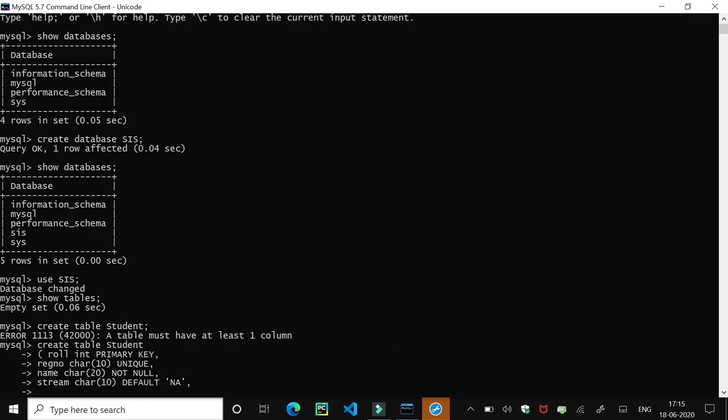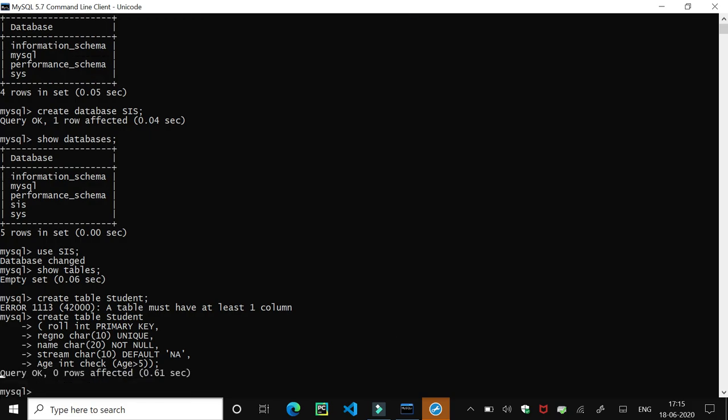Now again I want to enter one more column here, age, and it is of integer type. And I want to put the check constraint here to check the age must be greater than 5. So if I put the check constraint here as age must be greater than 5, then it will not allow a value less than or equal to 5 in the age column. So now I want to close the definition of this table. So I need to press parenthesis again and the terminator.